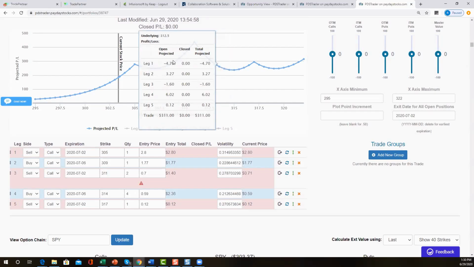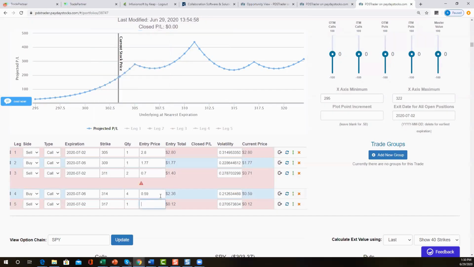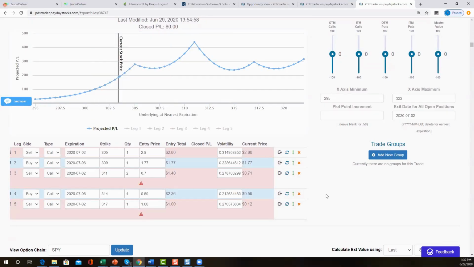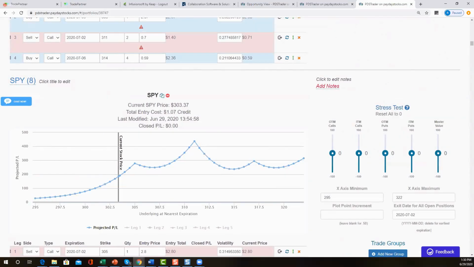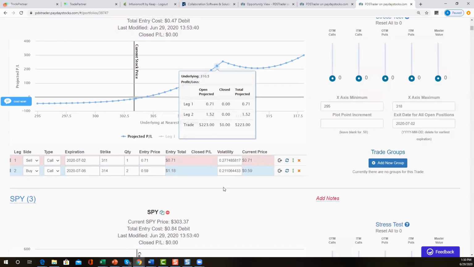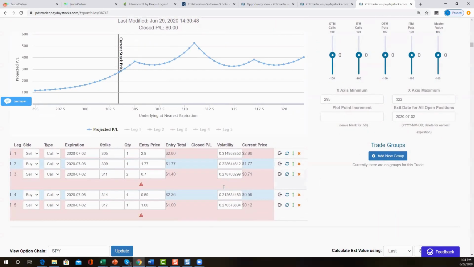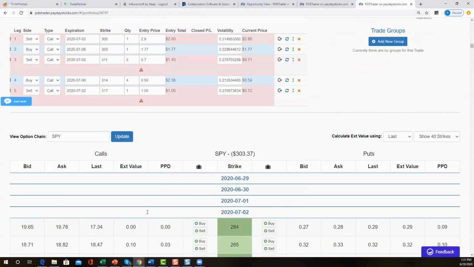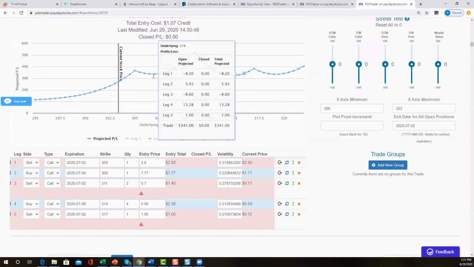But if the market moves up and I'm able to get, let's say on a move up, $1 for that 317, I still have, by the way, an extra long. All right, I still have an extra long, which means I could potentially sell 2 if I wanted to. And if the market moves up and I sell another 317 for $1, then look at this graph.